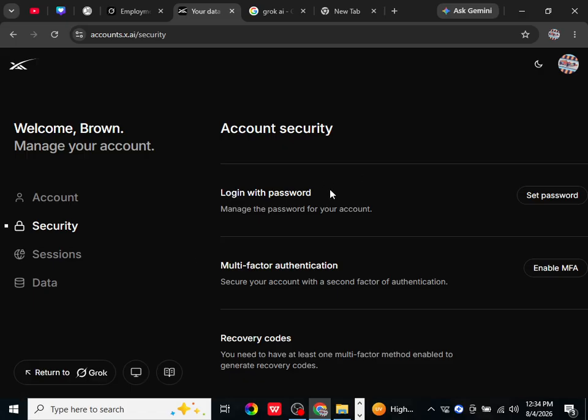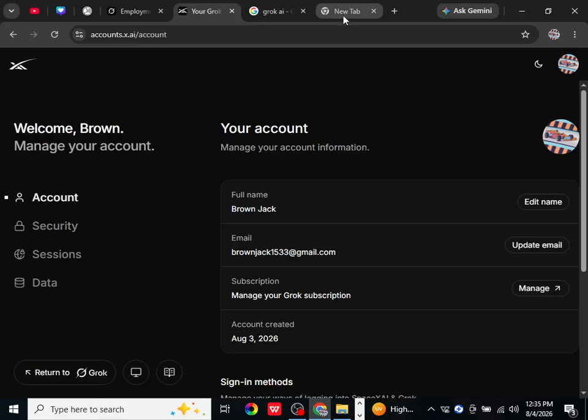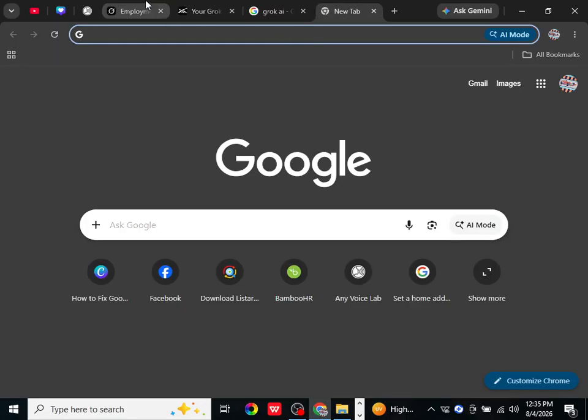If you still cannot reset your password, check Grok's official support or account recovery resources for additional assistance. And that's how you can reset